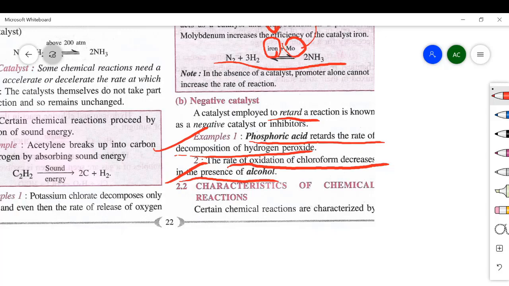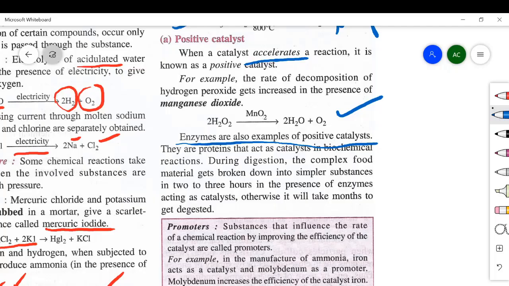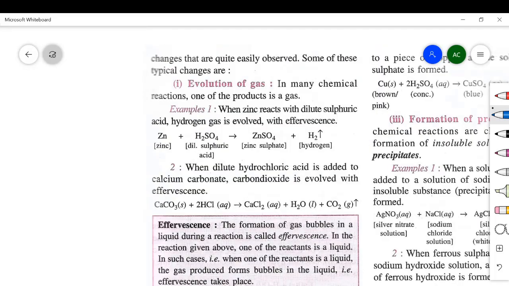Now we'll see characteristics of chemical reactions. तो characteristic में क्या हमें पता चलेगा कि whenever any chemical change is happening, there are some observations which you can easily make out. And when you can observe these changes happening, these are some characteristics of chemical changes. So sometimes when a chemical change happens, there is an evolution of gas. You may feel that gas is coming out, sometimes with effervescence, or sometimes you'll see vapors. So evolution of gas.